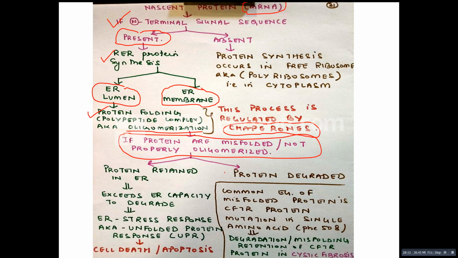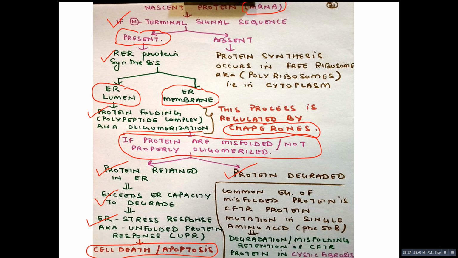Now if this exceeds the capacity of the endoplasmic reticulum to degrade, there will be something called the endoplasmic reticulum stress response, also known as the UPR, the unfolded protein response, which ultimately leads to cell death or apoptosis. Such an important point. This concept is really important, because in subsequent lectures we will go back, since many diseases are caused if this mechanism is not done properly and there is accumulation of misfolded proteins in our body. In the chapter on the central nervous system, there are many such diseases caused by misfolding, one of them being